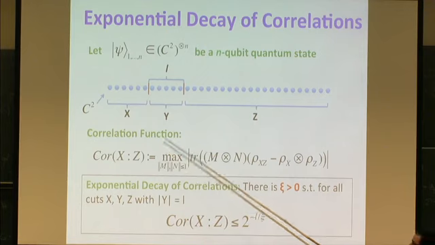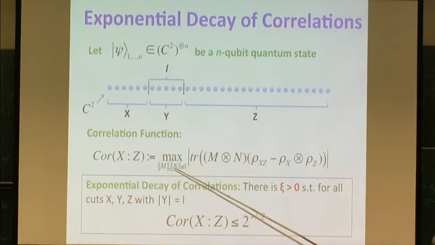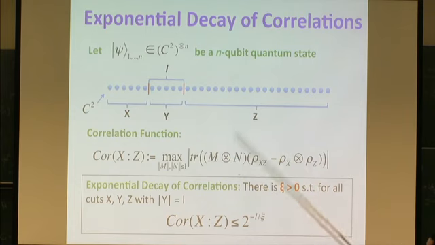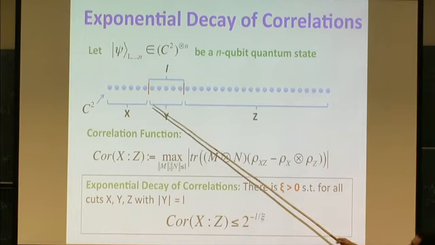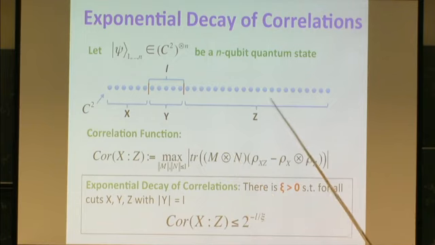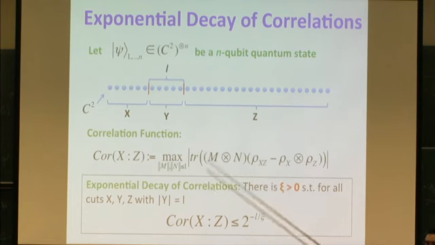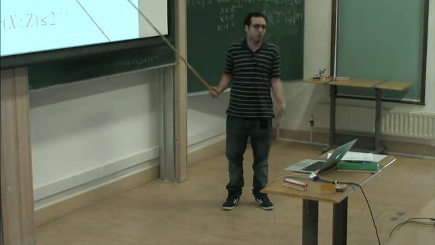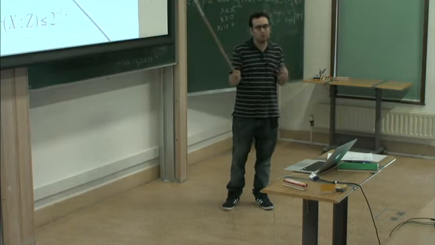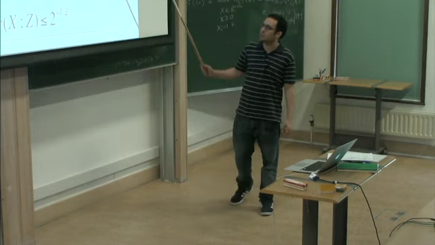One of them is this correlation function. This is the definition. The correlation between x and z you define like that: you consider the reduced state rho_xz, tracing out y, versus the tensor product of the reduced state on x and the reduced state on z. Then you compute the trace of this difference with any operator which is a tensor product of anything on x, M, and anything on z, N. So M acts non-trivially only on x, and N only on z. It's a generalization of two-spin correlation functions, where you can measure a block of sites here and a block of sites here.